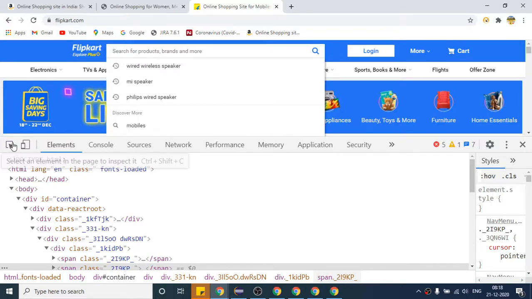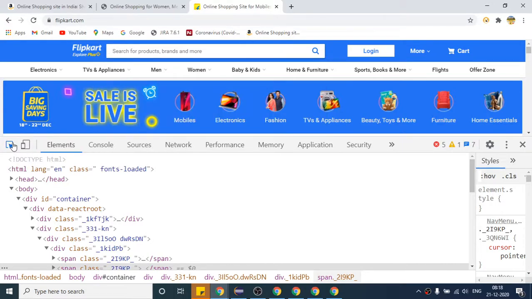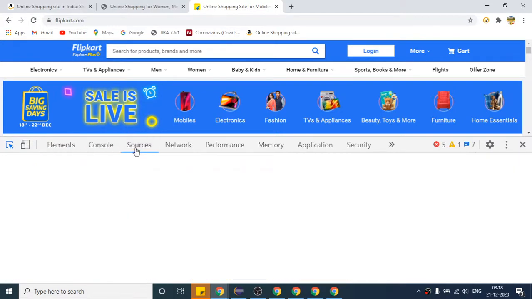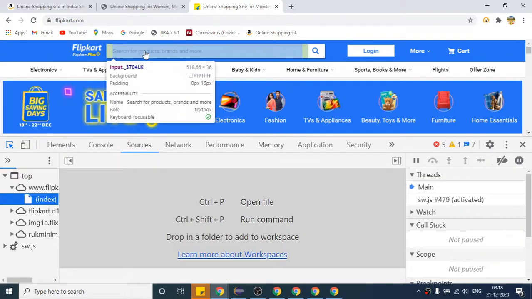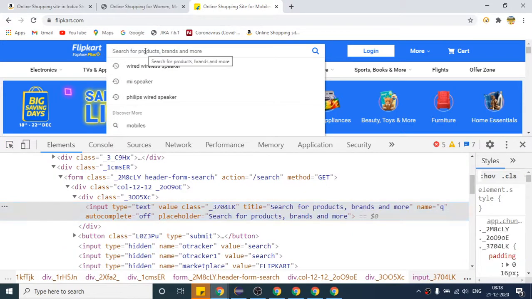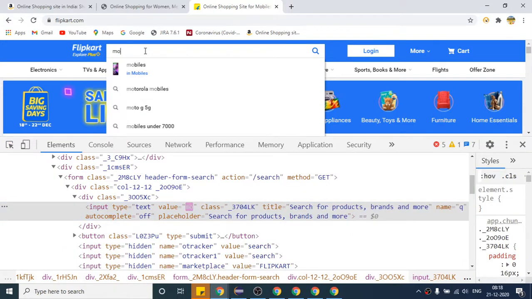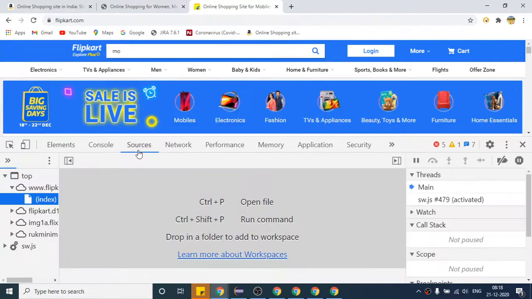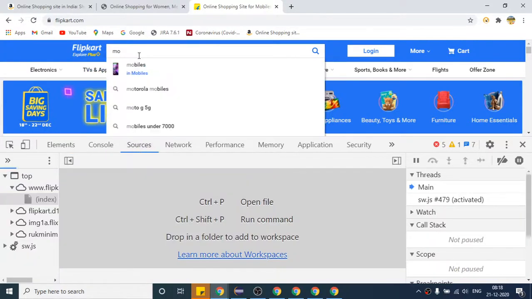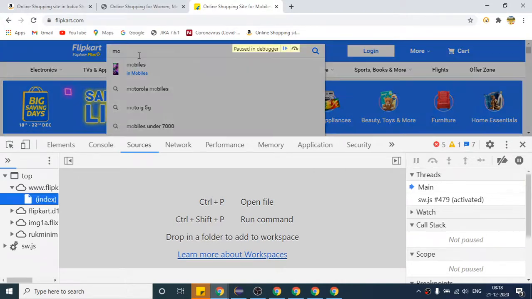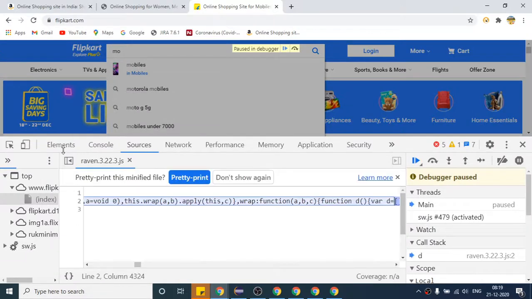What you can do is come to the Sources tab and write some data here, like mobile. Now, as I am not able to inspect this list, I can pause the page. If I press F8 on my keyboard, the web page is paused.